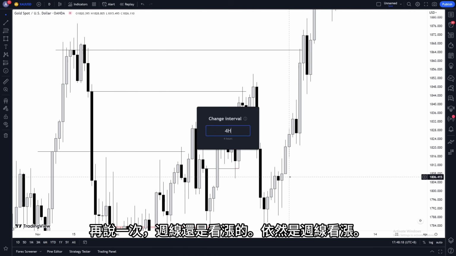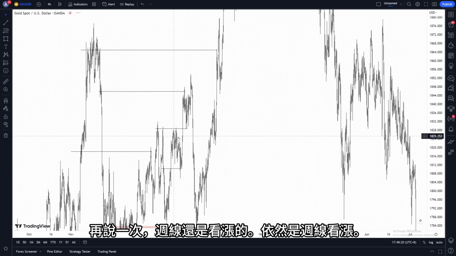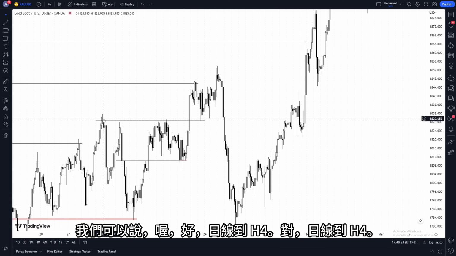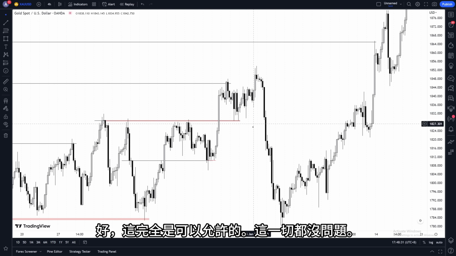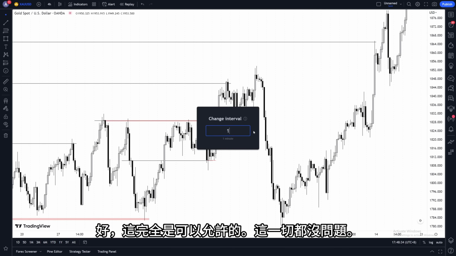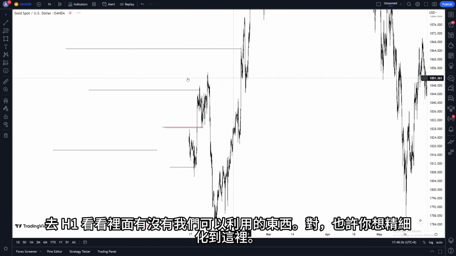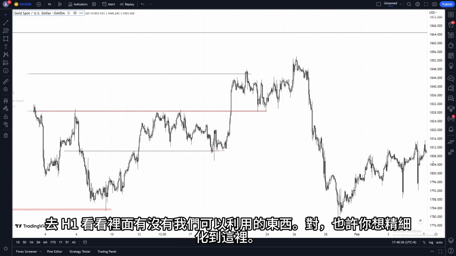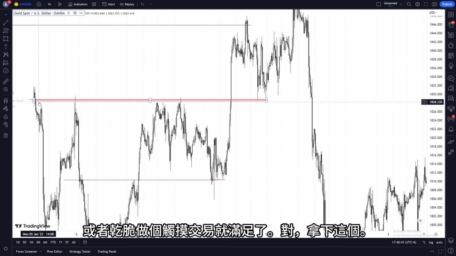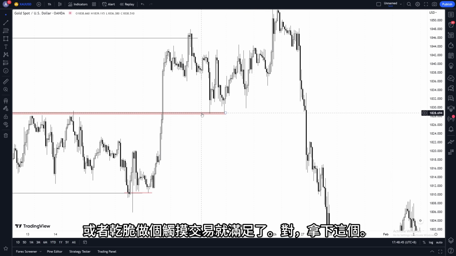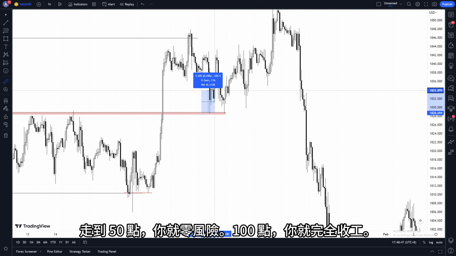So if you want to look for an entry over there, again, we're still weekly bullish, by the way, still weekly bullish. We can go, oh, okay, daily to H4, right? Daily to H4, okay, perfectly allowable, by the way, all of this perfectly fine. And go to H1 and see whether there's anything in there that we can pick up on. Right? Maybe you want to refine it to here, or just be happy with taking this one as a touch trade, right? You would take this and it would go 50 pips, you're risk free, 100 pips, you're completely done,